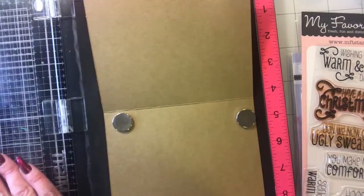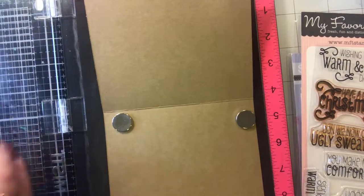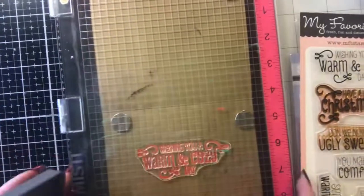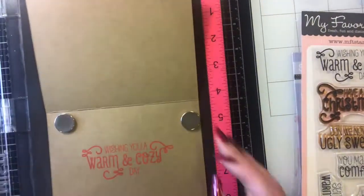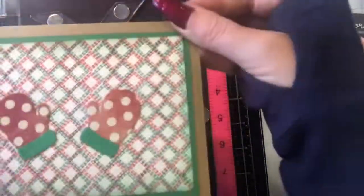So I hope you guys enjoyed this card, and it shows you that you don't have to buy pattern paper, that you can create your own, and you can make it match your project. You can make it any colors you want. So it's really something that is completely customizable to your project. I wish I would have known that before I spent all this money on pattern paper. I still do love pattern paper, and I'm going to be doing some cards with pattern paper for a Christmas series. So there's the card,